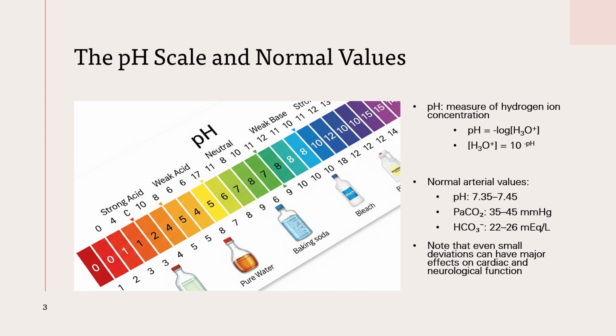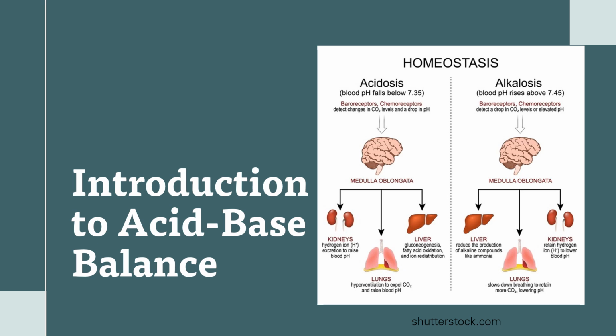Okay, so even small deviations in this optimal pH range will cause all kinds of conditions or illnesses that will have to be worked out by the doctor. So homeostasis is the whole concept of this acid-base balance. The body needs to maintain its physiological functions and also process biochemical reactions so that the optimal pH range is kept in the blood. You also need to know that certain proteins, if they don't have a certain pH range,